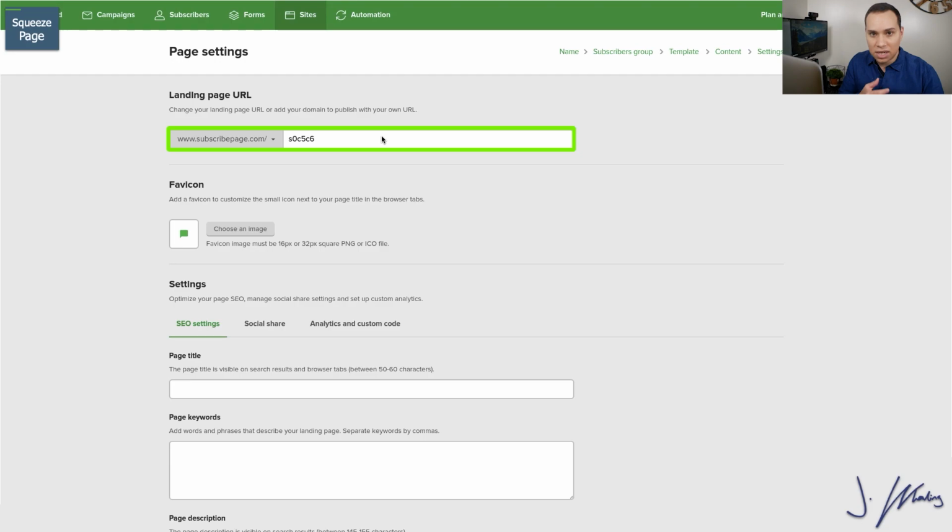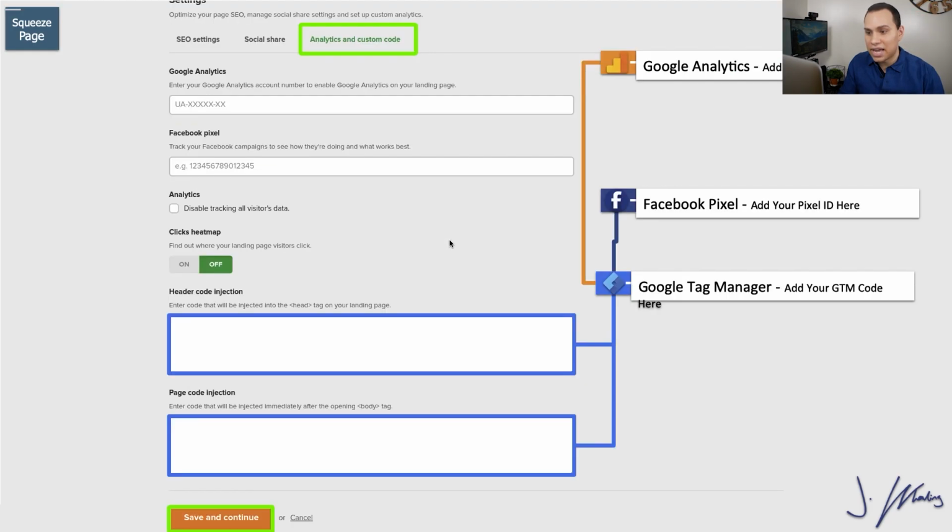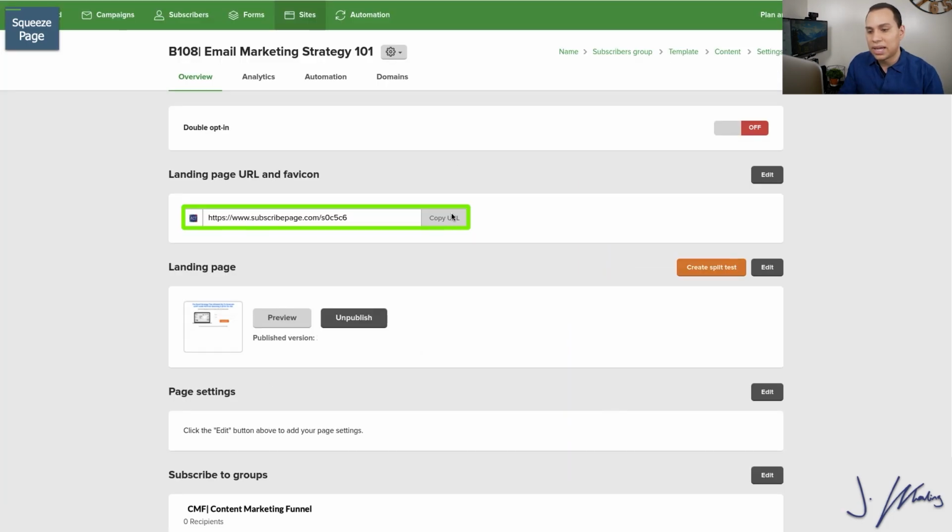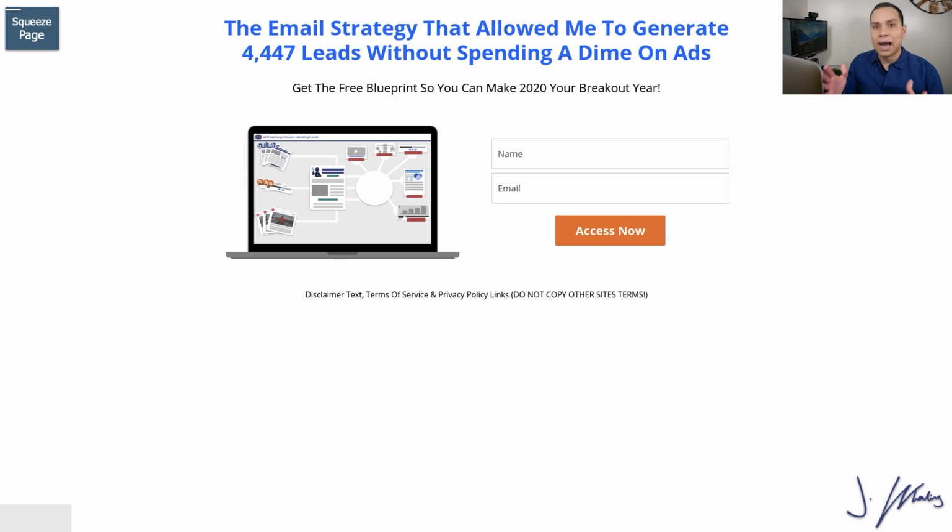You won't be able to use a custom URL unless you pay $10 a month for their landing page features, but that's okay because this URL will work. You can also update your favicon, the little thing that shows up in the browser tab. You probably want to change that, and then we'll come down here, put in any tracking and analytics you need, save and continue, and we're going to copy our URL so we can see our completed